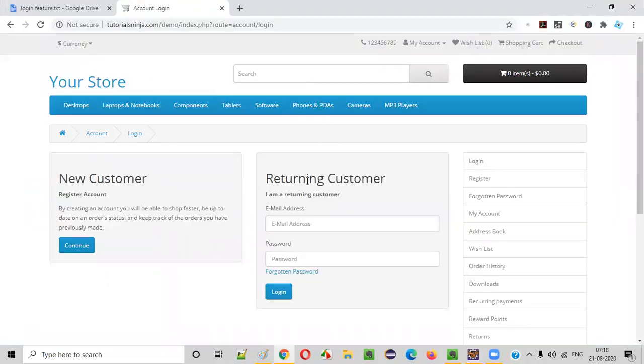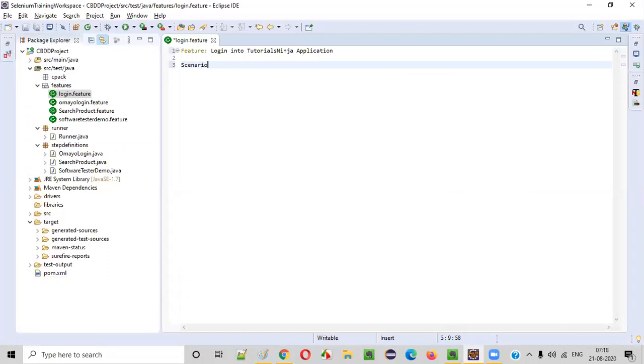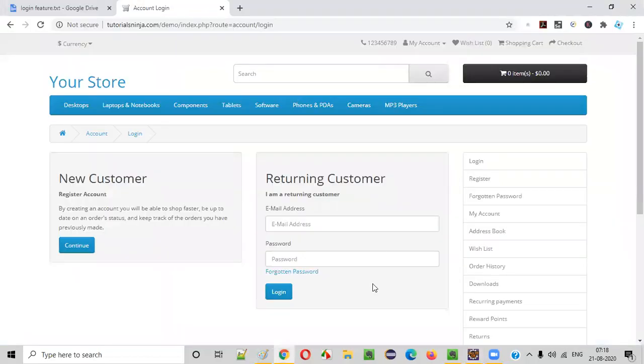So in this we have to write the scenarios. First scenario I'll write: login to the application with valid credentials. Log into the application with valid credentials.